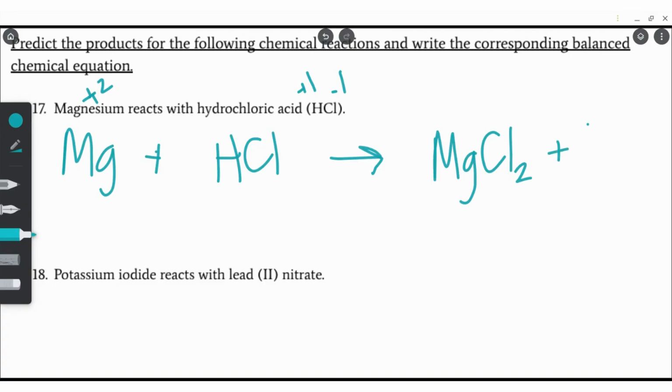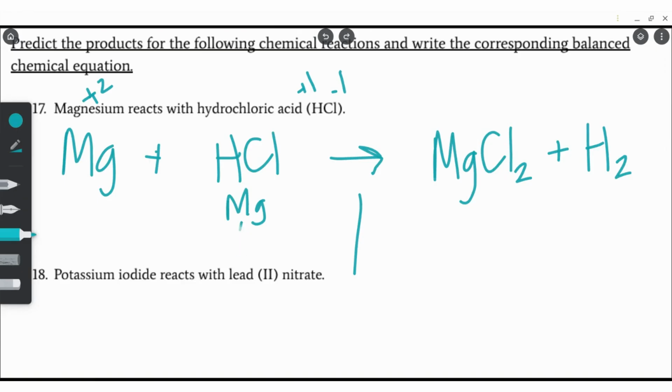And then now we have hydrogen by itself, but hydrogen is special and it is one of those diatomic molecules, so we're never going to see hydrogen out in the world by itself. We're going to add a little 2 right there, and it is floating around as H2. So now we are almost done, but our equation is not balanced, and so we need to try to balance it. So we have Mg,